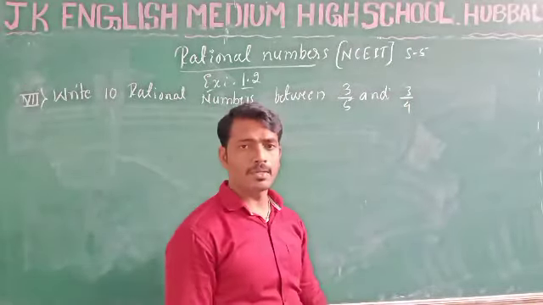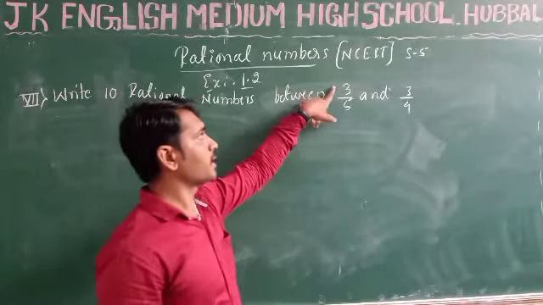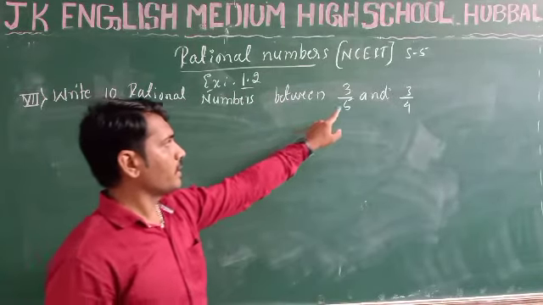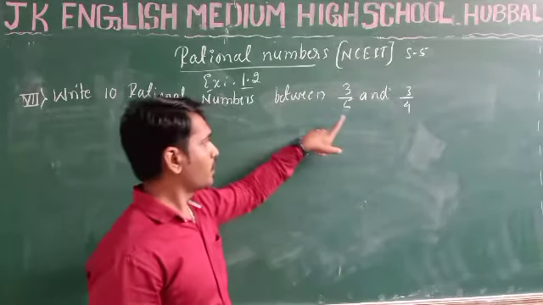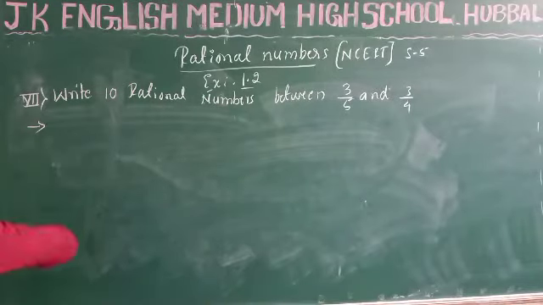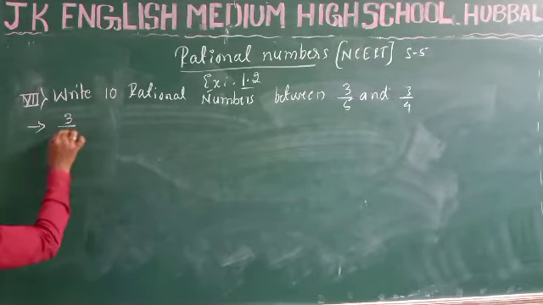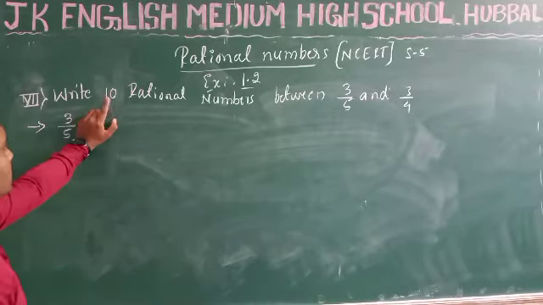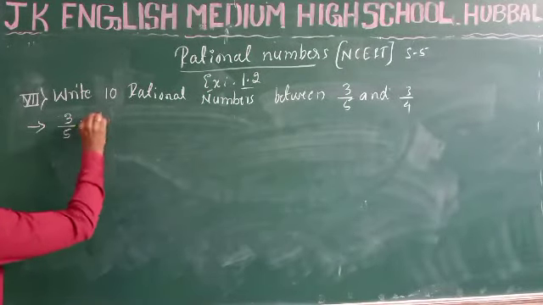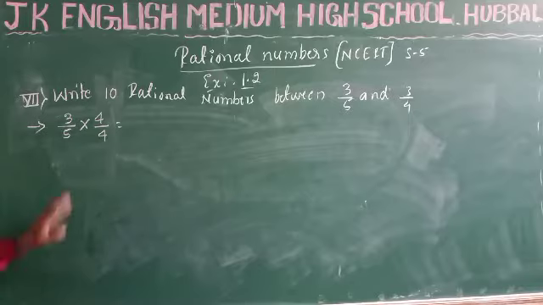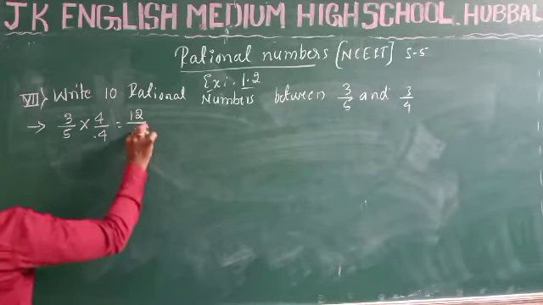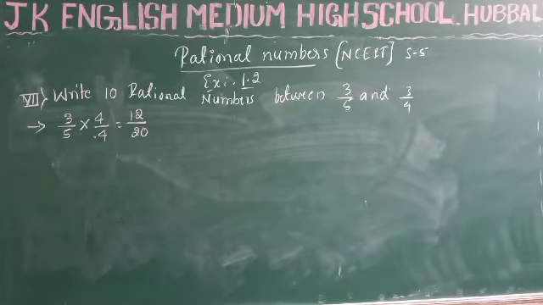Both the sides are having the same numerator, but don't judge the rational numbers by taking their numerator. So we are totally dependent on the denominator, but here denominators are different, right? Here 5 is there, this side 4 is there. What to do? So first one, solution, take 3 by 5. How many rational numbers do you want? 10. But here, what is the denominator? 4. Multiply 4, divide 4. Means we have to make the denominator same. 3 4s are 12, 5 4s are 20. Correct?